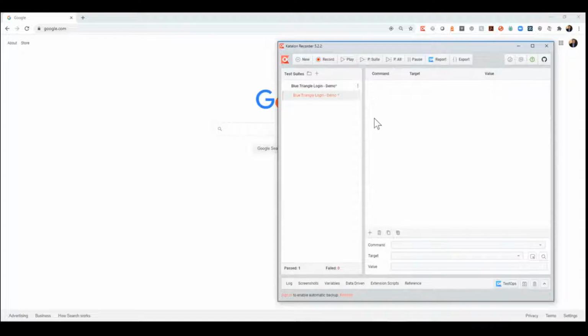All right, so the easiest way to get started is to use the recording feature. So we're going to hit this button right here, and then we're going to go into the browser and manually run through the steps we want this script to follow. And what you're going to notice is while you're going through, Katalon is going to automatically identify what commands are associated with the actions that you're doing. So here's what we're going to do. I'm going to hit record,